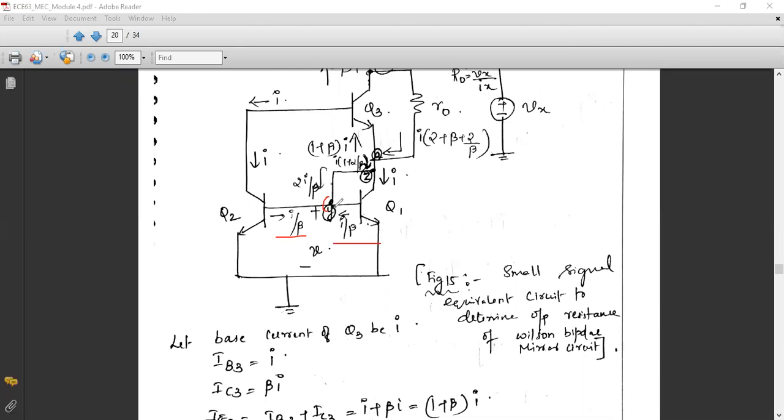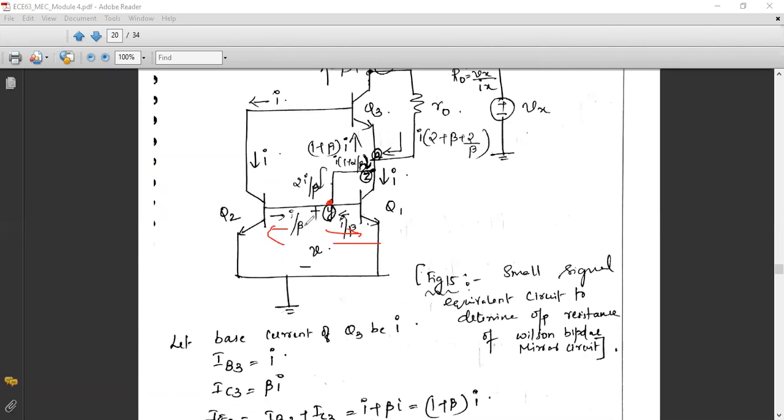So this can be considered as node Y. To this node, we have two currents, right? These are the two currents given by I divided by beta. Actually, the arrow mark is here only, like this base current, so it will be like this. Note down the arrow mark. Correct the arrow mark. It is towards the base terminal. Clear?